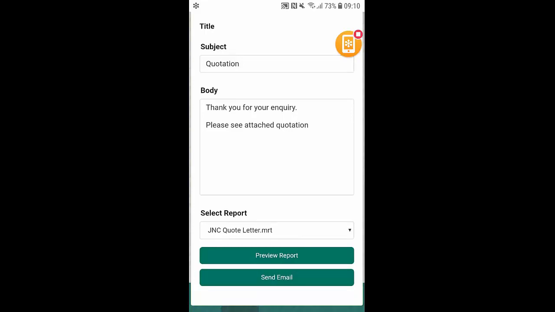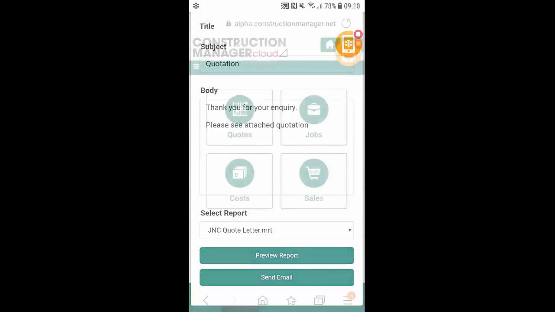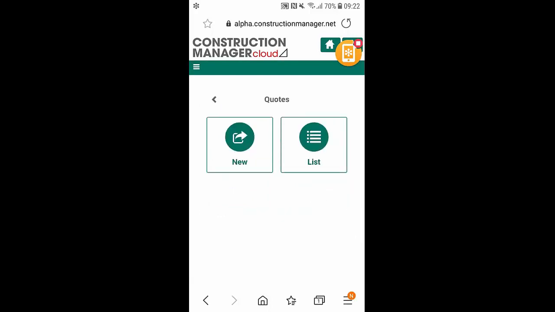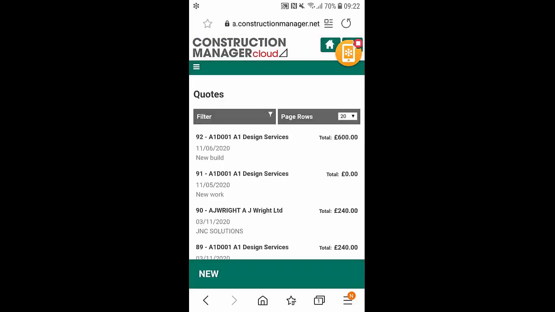Next, I'm going to cover how you can turn a quote that you've been given the go-ahead into a contract within the system. So if we've been given the go-ahead to turn one of our quotes into a job, we can do so by clicking on the quotes icon here, selecting on the list icon here, and from there we can just pick on the most recent quote at the top,